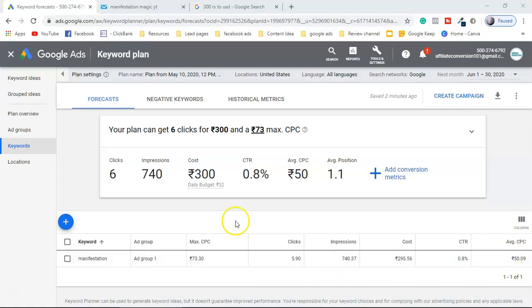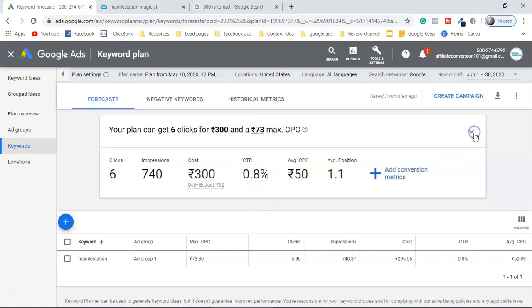So now, guys, if you want to get views on this particular keyword, you have to set up your ad, which I'm going to show you in a second, close to this cost per click, or the budget of your ad. And here you can see your plan is going to get 6 clicks for close to $4 you have to pay. The maximum is $1, okay, that's what it is given here.